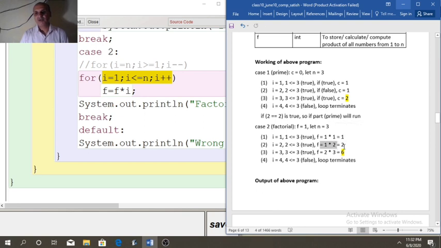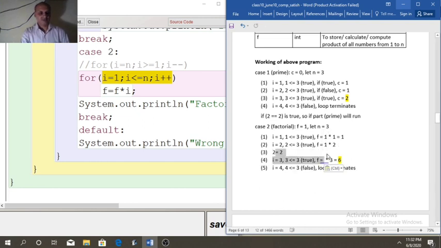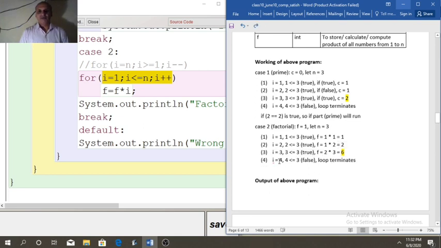We have got 2. Third time when i is 3, so f equal to f into i. f we will take from previous step, that is 2. And 2 into 3 will become 6. And when i will become 4, then loop will be over.